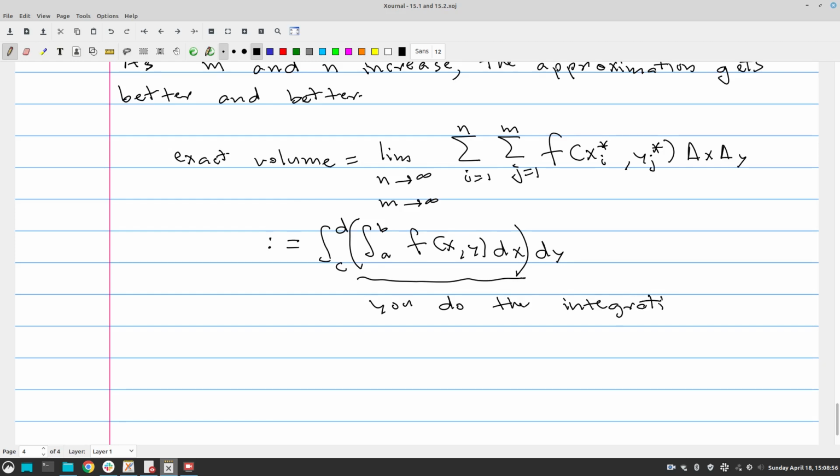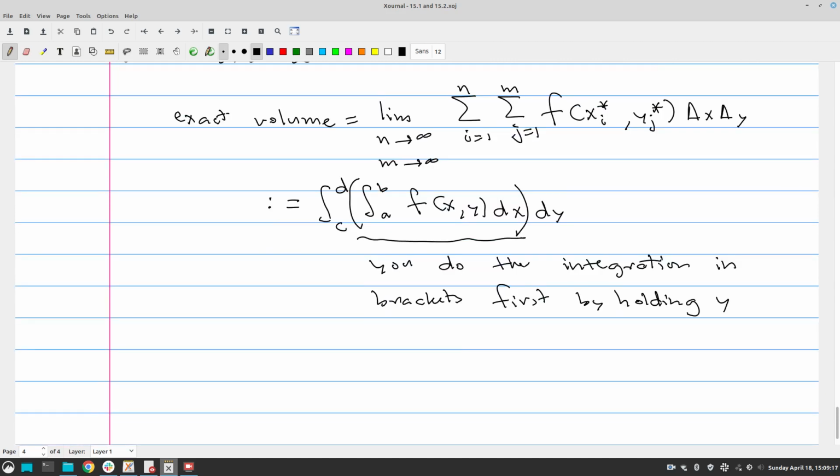Integration in brackets first, by holding y constant. Right? You hold y constant and you do the integration in brackets first. This is just like in partial derivatives, where you hold y constant when you're doing the derivative with respect to x, right? So you do the integration in brackets first, and then after you do this integration,